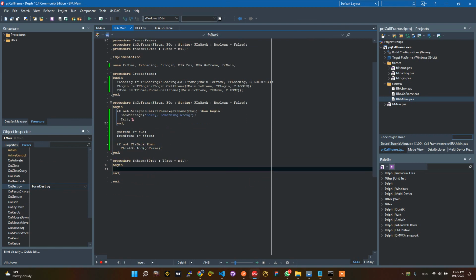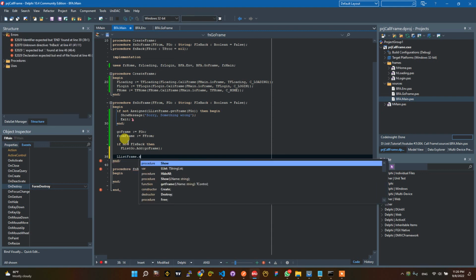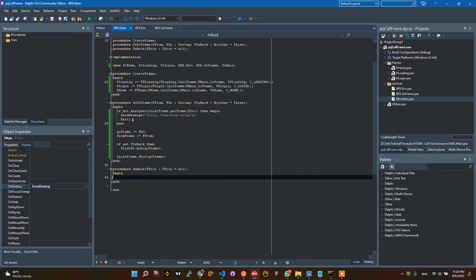And then here inside here you can add a frame and so go frame. Okay, so okay, and then here on go back,